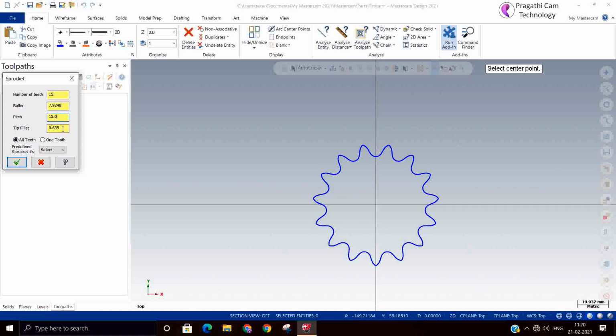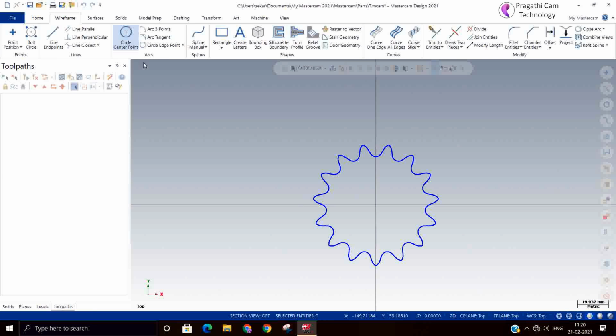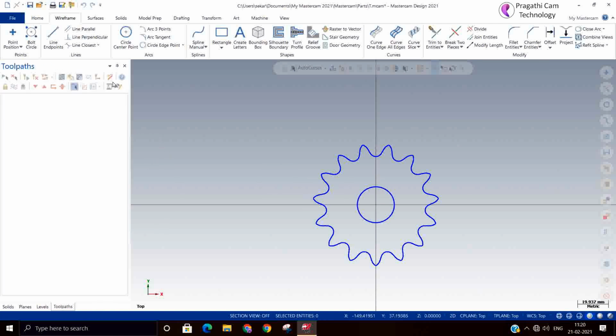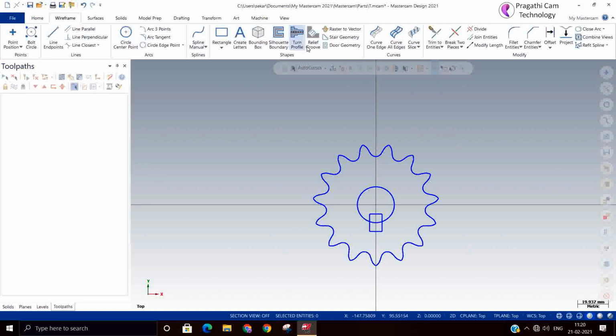So the roller diameter is okay. This is like a sprocket. This we are going to machine with a stock of 5 mm. We will make a complete sprocket by adding a keyway, and the divide option will take it.